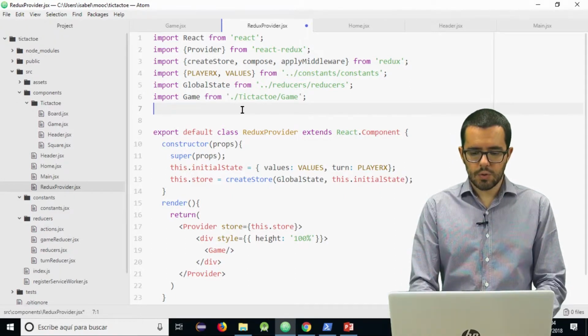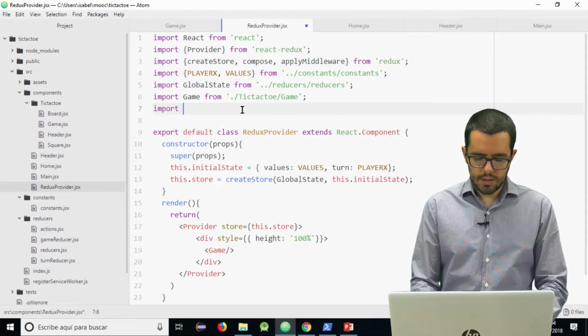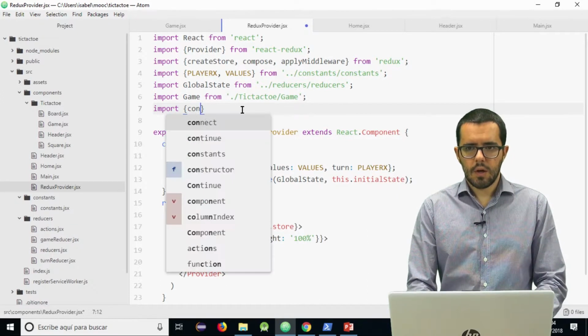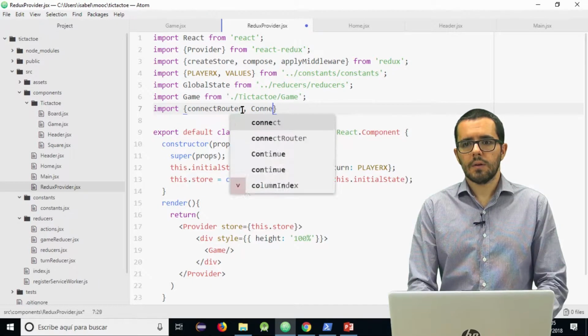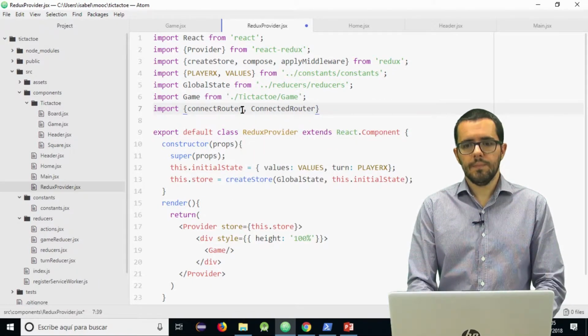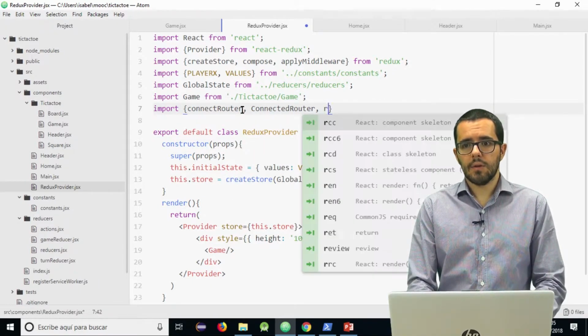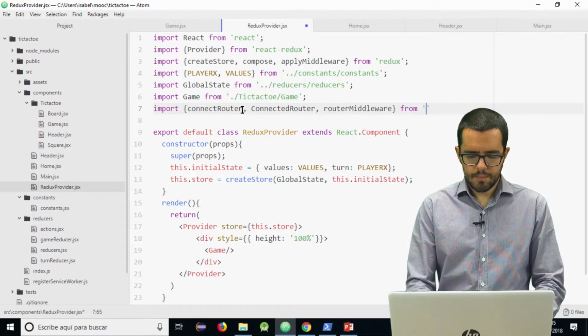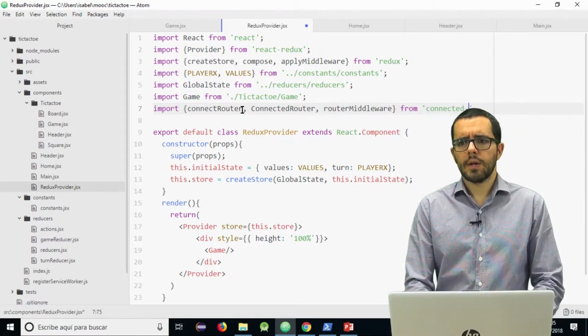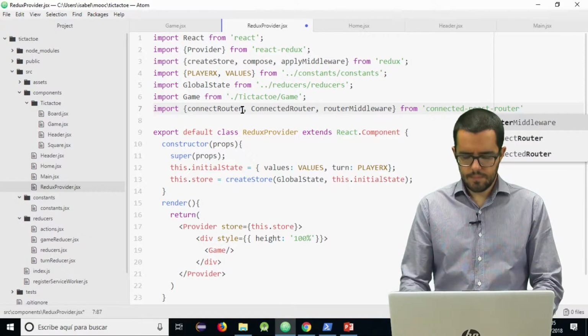We will also import from this new library a method called connectRouter, a component called ConnectedRouter, and another extra method, routerMiddleware, from connected-react-router.